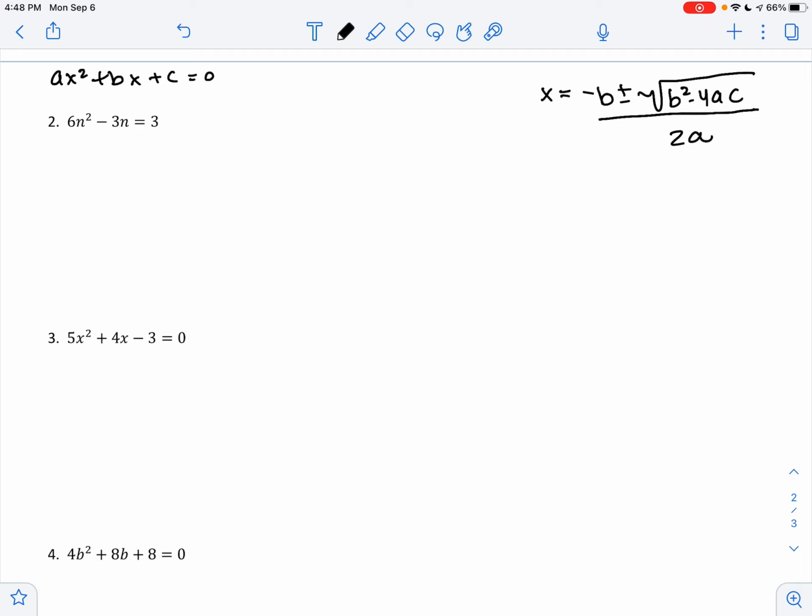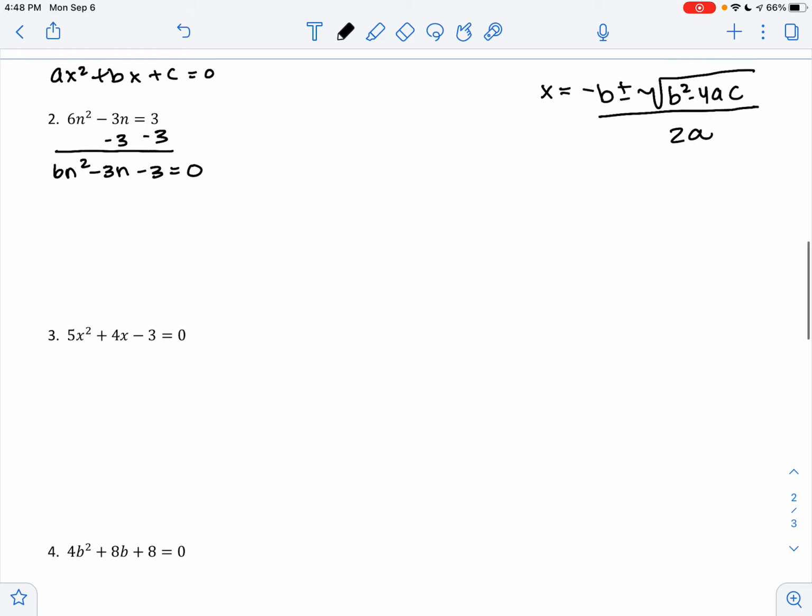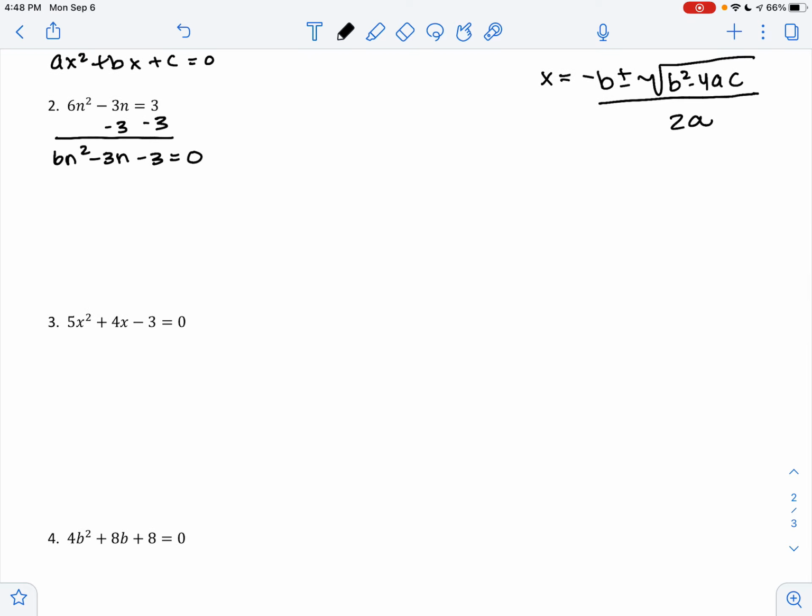So the first thing I'm going to do is subtract 3 on both sides. And so I'll have 6n squared minus 3n minus 3 equals 0. Now that this is in standard form, I can go ahead and solve by using the quadratic formula. In this case, a is 6, b is negative 3, and c is negative 3. We normally write x equals, but in this equation, I'm not solving for x. In this equation, I'm solving for the letter n. So instead of x equals, I'm going to write n equals